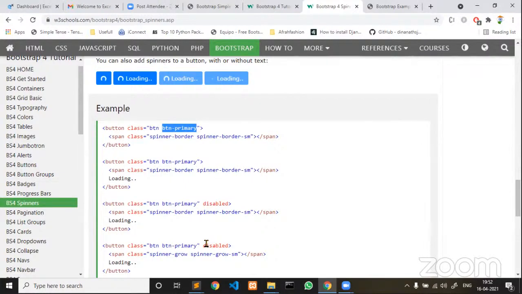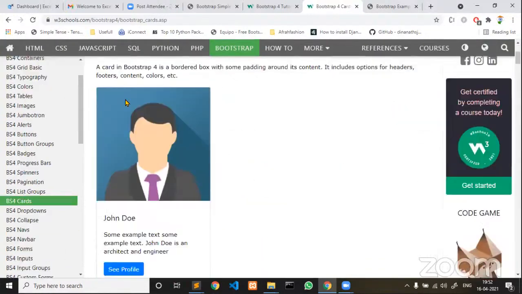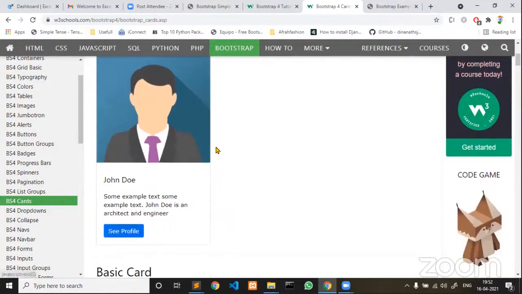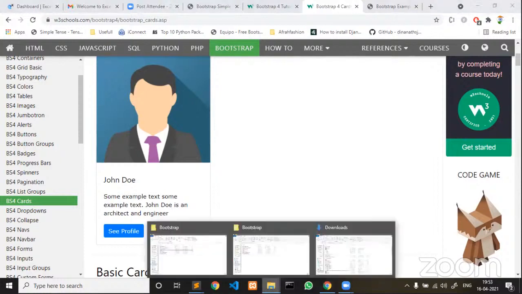Now, let me open the real-time examples which I have created for you guys, and I'll explain them. And among the remaining ones, cards. This is the one we are going to use in e-commerce applications in many cases. If you want to display an image, and underneath the image a title, description, and some button, these cards are used in generally every e-commerce application. I also built one card for an e-commerce application.